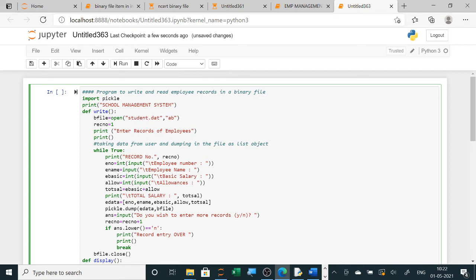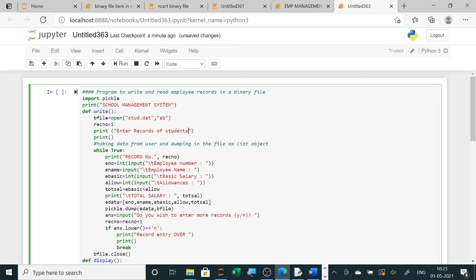management system. I have to check whether the file is already created or not, because student.dat, maybe in the previous year I have created some file. So I'm simply changing the spelling, making a short name so that I can type fast. So for student.dat I have created the file here. So this is a new file, start. Now I will change very fast so that it enters records of students.